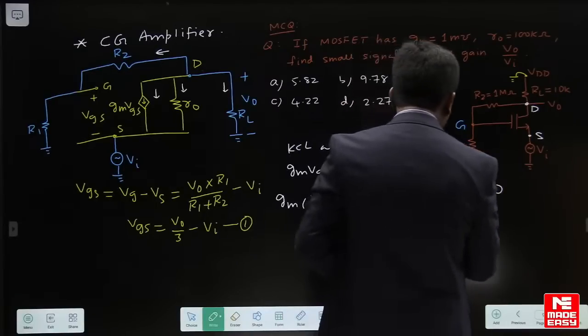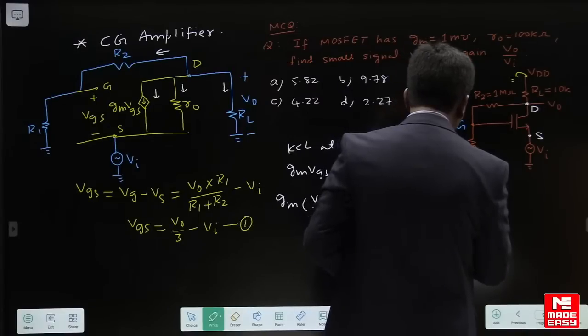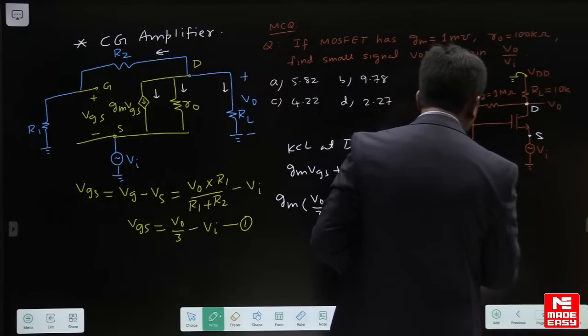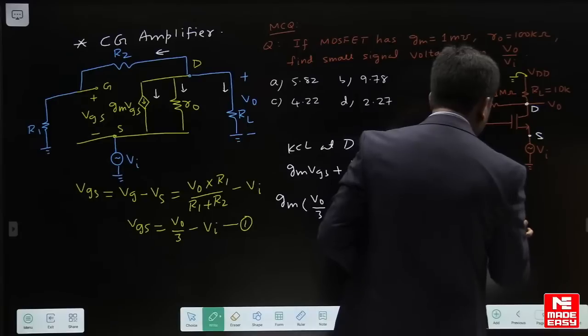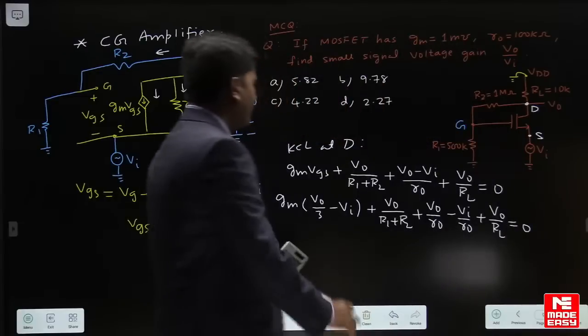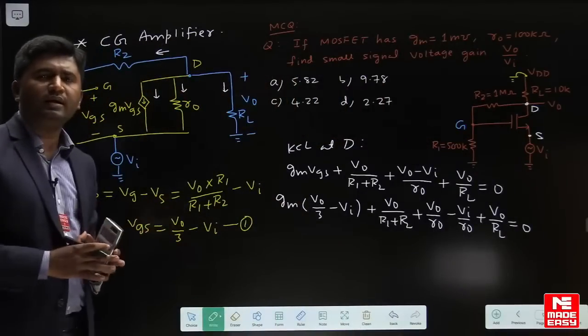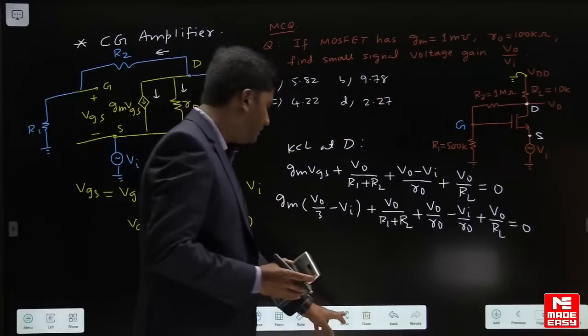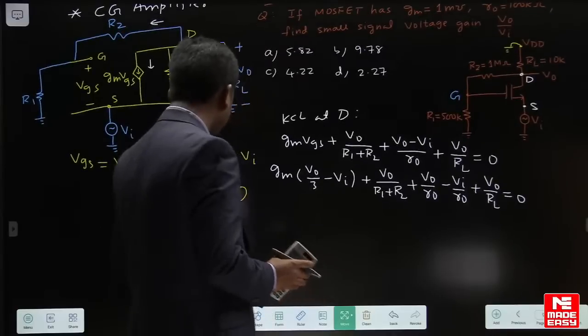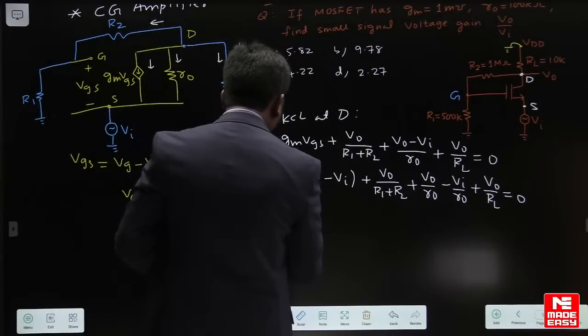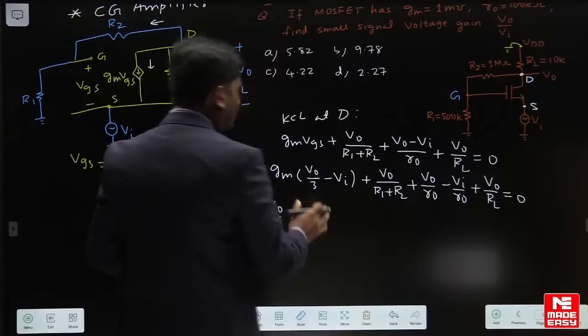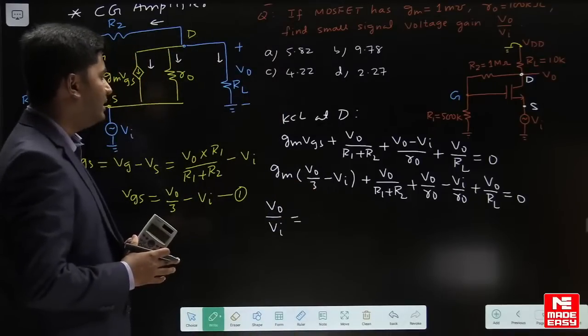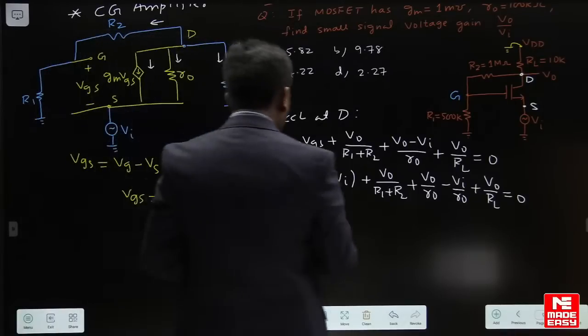We can write this as V naught upon R naught minus Vi divided by R naught plus V naught upon RL is equal to 0. Now you should rearrange this equation a little. You will get the gain V naught upon Vi. I am writing it here: V naught upon Vi is equal to, you have to rearrange it, son. Rearrange it. It will be GM,